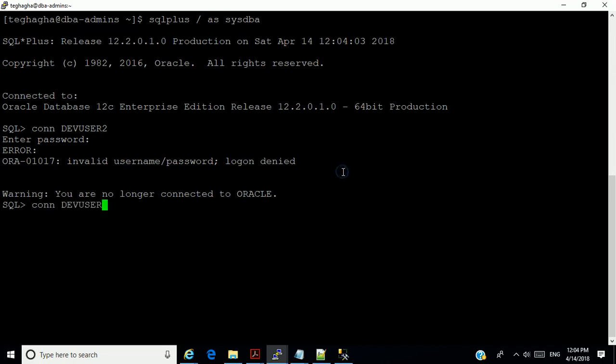No. Dev user. The only thing that changes is the name of the user. You have to change it yourself, so it remains dev user. Now I'm going to connect to dev user 2 and password dev user. See that? Yeah. That means when you created, you didn't specify the password. No. There's no way to specify a password.